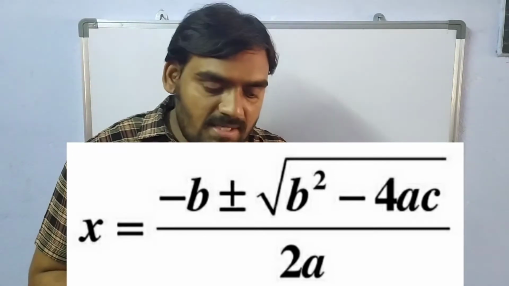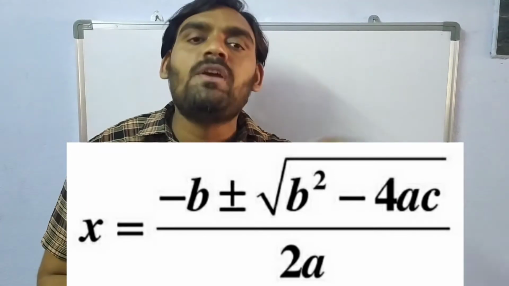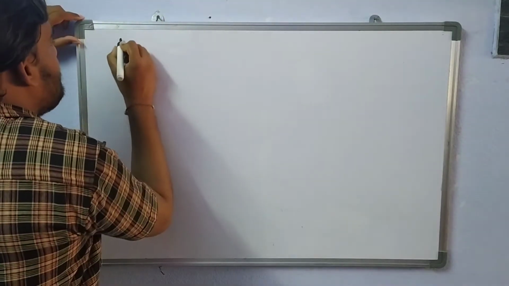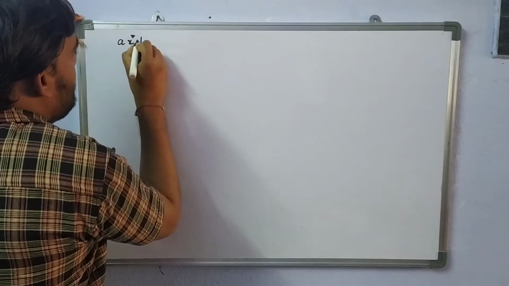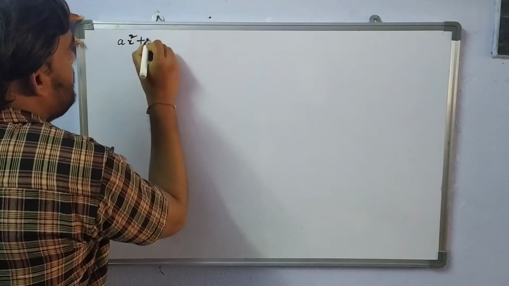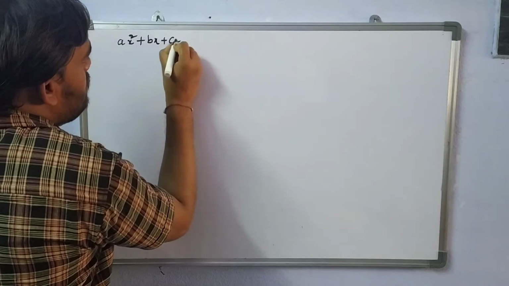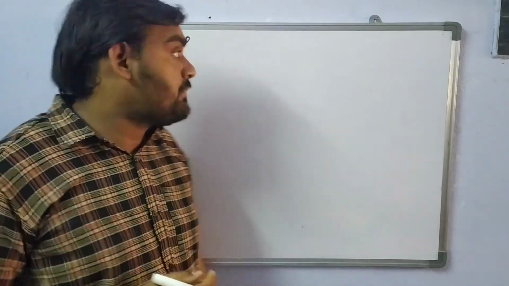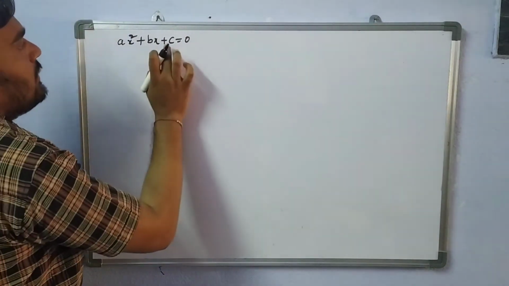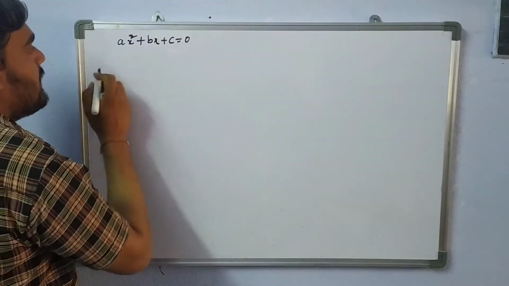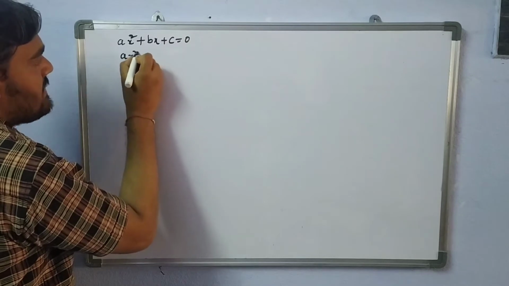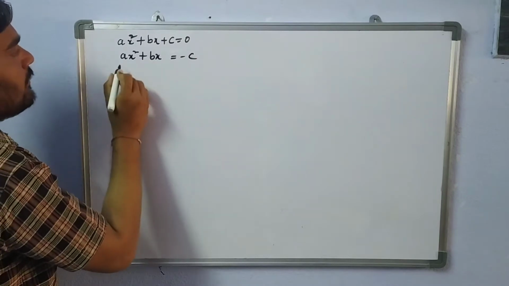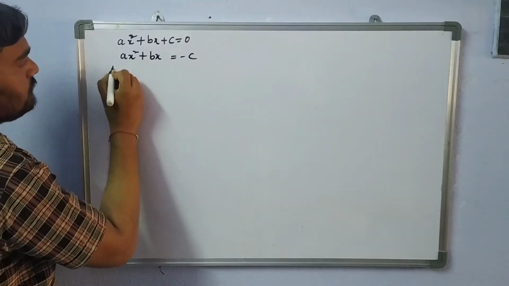First of all, what is the general form of a quadratic equation? We have to recall. That is ax square plus bx plus c is equal to 0, where a, b, c are real numbers and x is a variable in it. See in this, first of all, c after is equal to will become minus. Now ax square plus bx is equal to minus c. Divide both sides with a.